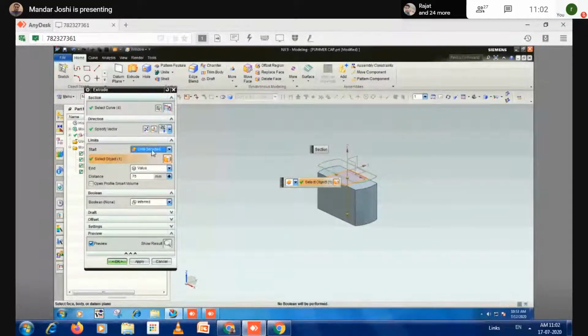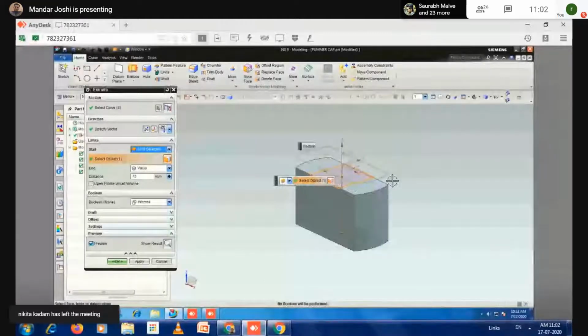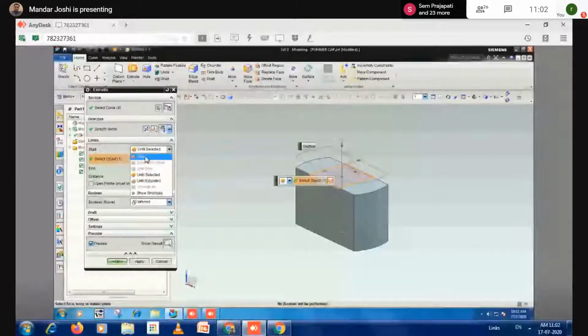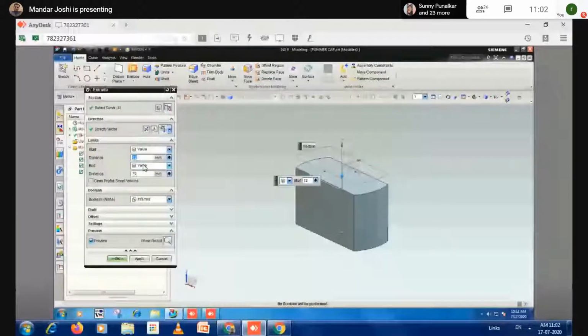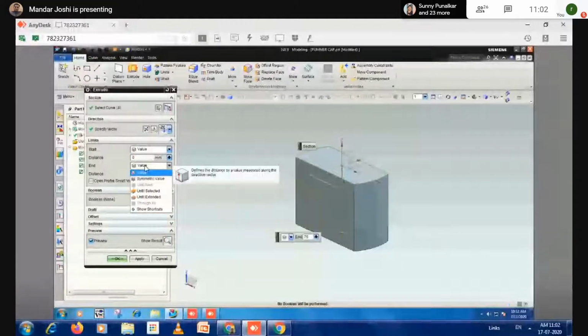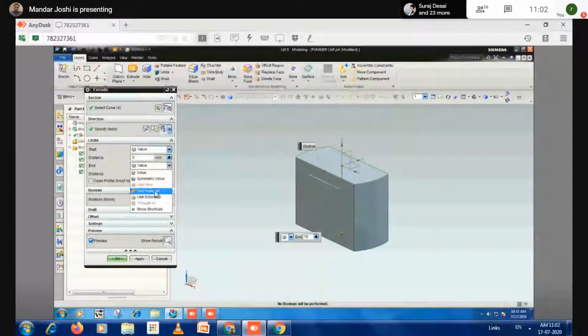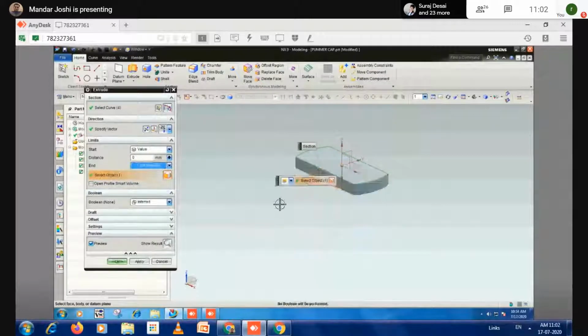So what happened? The material addition starts from the 12 mm distance, but here I don't require any gap between these two, isn't it? So I'm selecting here, the starting value becomes 0. So 0 to, I want the next plane. 0 to what? Until selected. Which one? This plane. Now your depth totally depends on the plane. If you change the depth of your plane, the material addition depth also gets modified. I just click on OK.